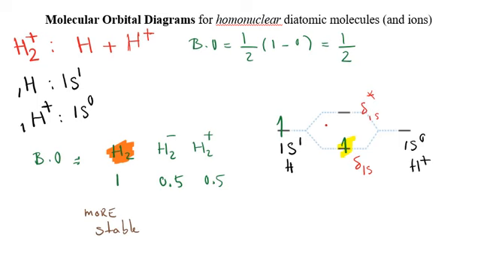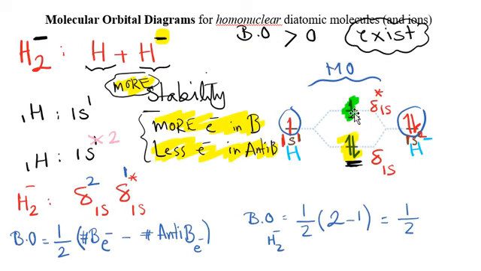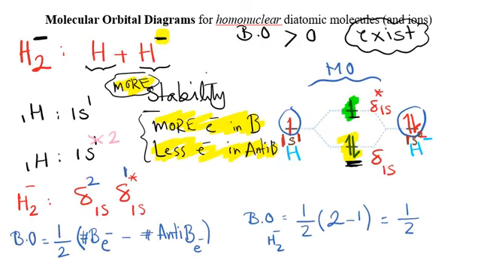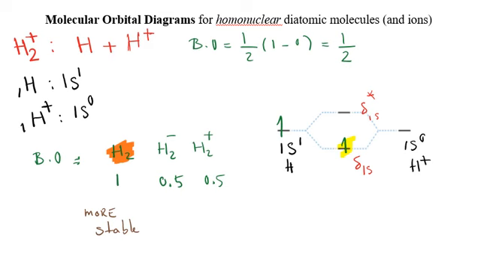Even though we have anti-bonding electrons for H2 minus and no electrons in anti-bonding for H2 plus, the most important factor that determines stability is the number of electrons in bonding. So here 2 electrons and here 1 electron. So we are going to say that the next one to be stable is H2 minus, and it is going to have the least stability